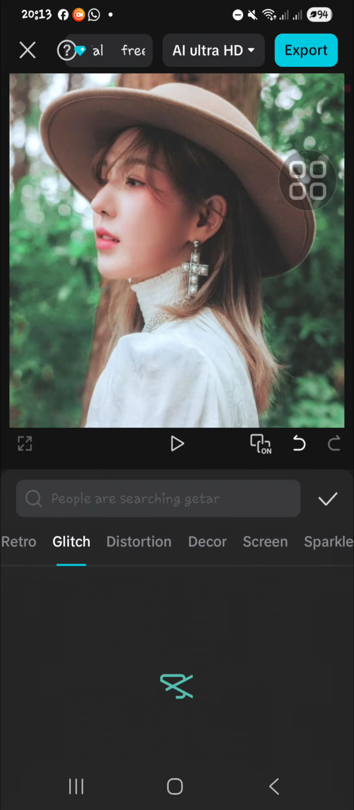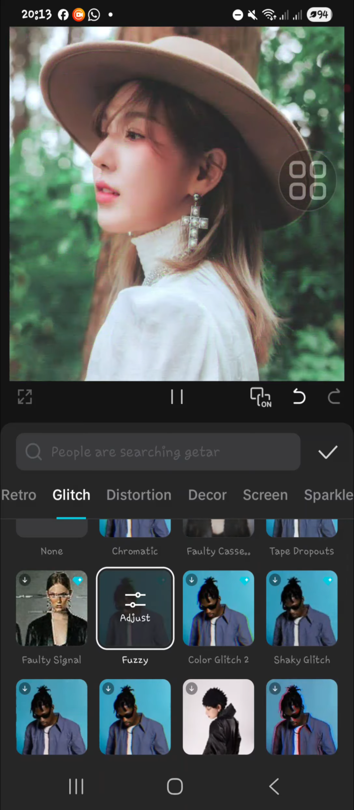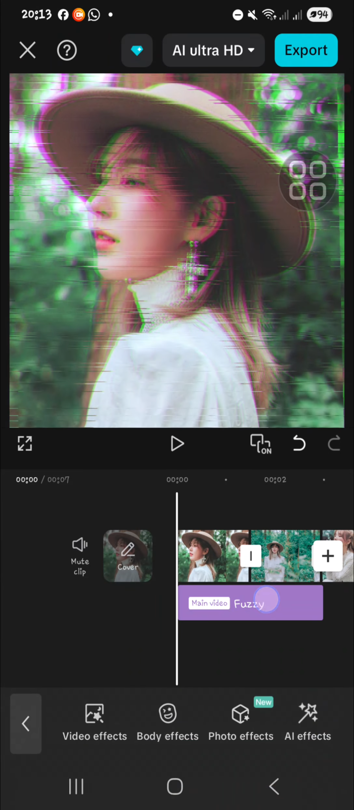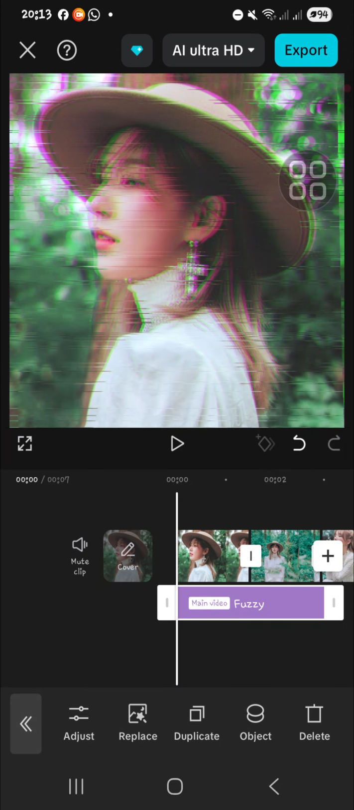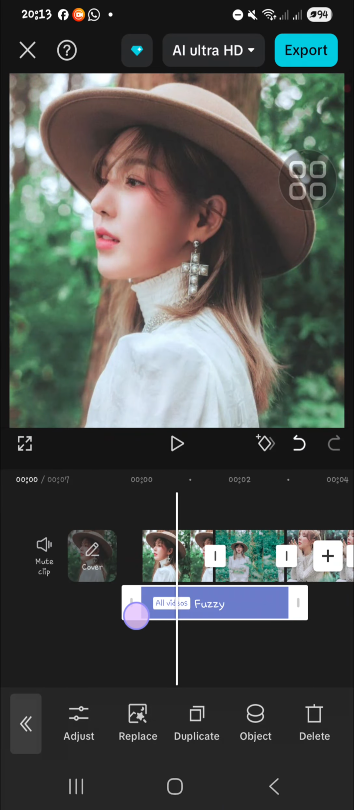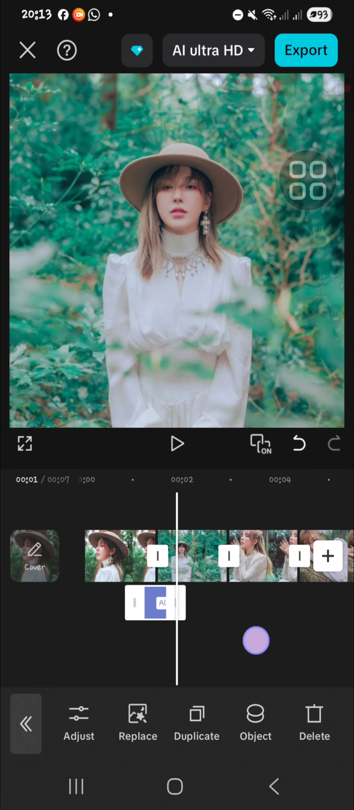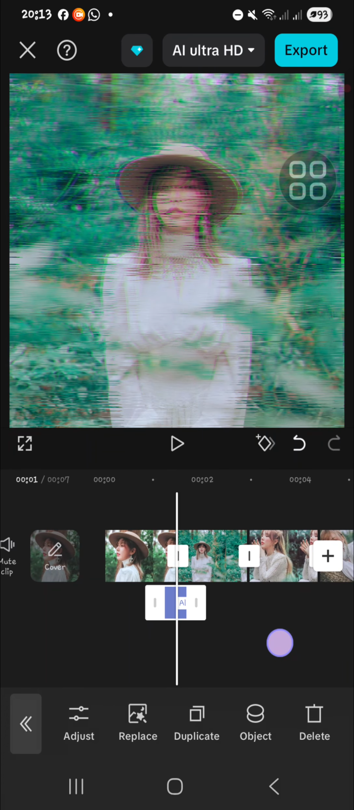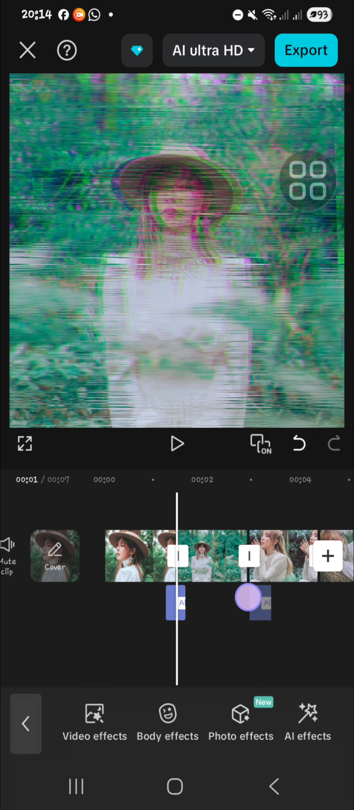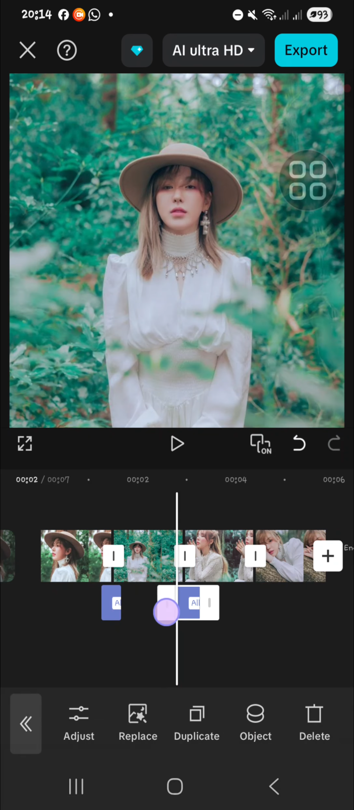go to the glitch category and we're going to choose fuzzy, this one. Okay, and then I'm going to apply this effect to the video. We can choose all videos like this, and then I'm going to cut the effect and I'm going to place the effect on the transition position, and then we can duplicate it, and then we can move it right here